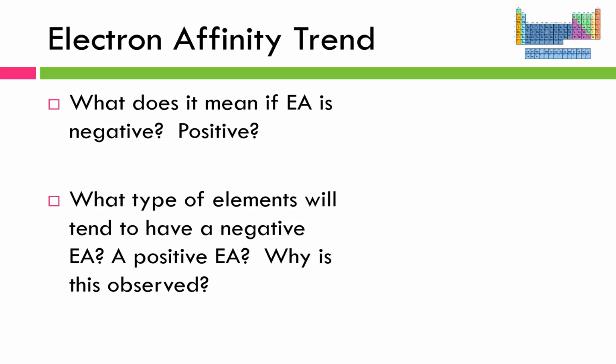So again, electron affinity can be positive or negative. If we think about first ionization energy, we know it's always positive. We know that energy is always required to take away an electron. So if we continue to use that rationale, if electron affinity is positive, we know that it took energy to give an electron. In other words, that atom didn't really want the electron, and you had to force it to take the electron. On the other hand, if the electron affinity is negative, that means that energy was released